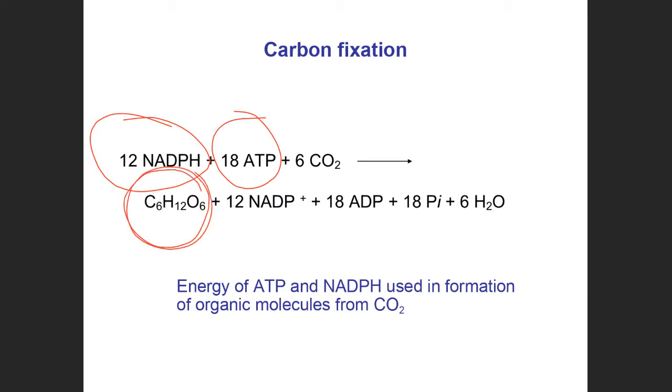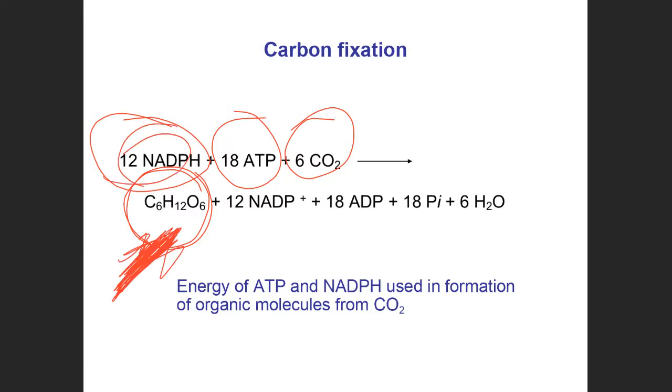Remember, this is anabolic energy. The currency that the cell will use to fix the CO2 has to be ATP, and an electronic energy in the NADPH, because this needs a lot of electrons. This is the acceptor of electrons that come from the splitting of water and are stored